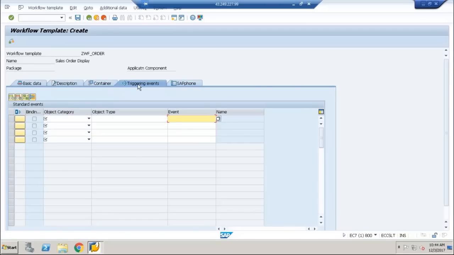Now we came to a concept called triggering events in the workflow. In this tab we are going to define and tell the system when this workflow needs to be started. Whenever my business object event gets created, I need to start my workflow. I created an event in the business object, right? What is that event? The created event. So if you select this one,